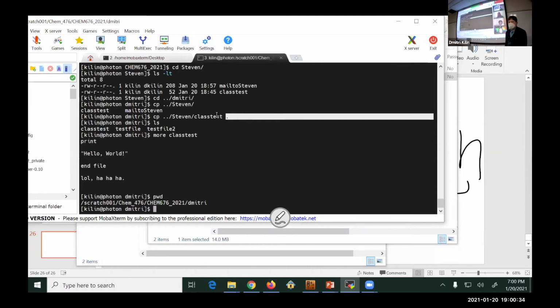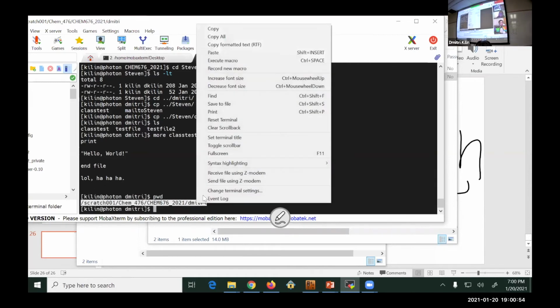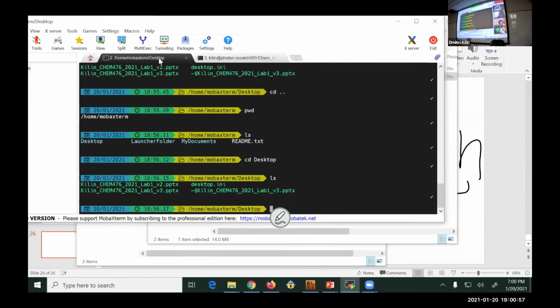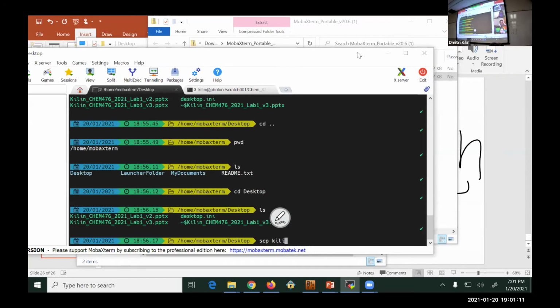So we are going to practice the similar command with letter S in front. We use CP for copy, and we will practice secure copy. So now I'm in another window, and I'm typing SCP. Here is the most painful part. I'm typing the full name of the user, the server,